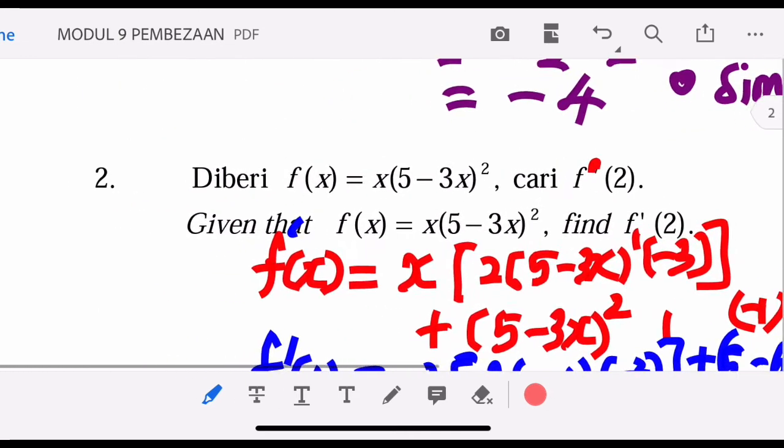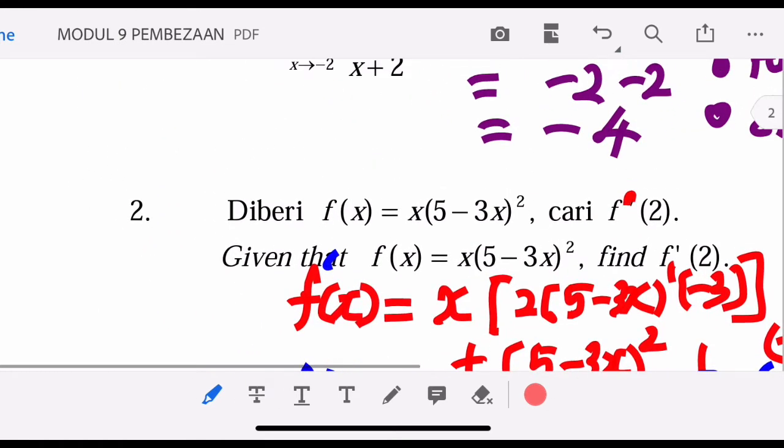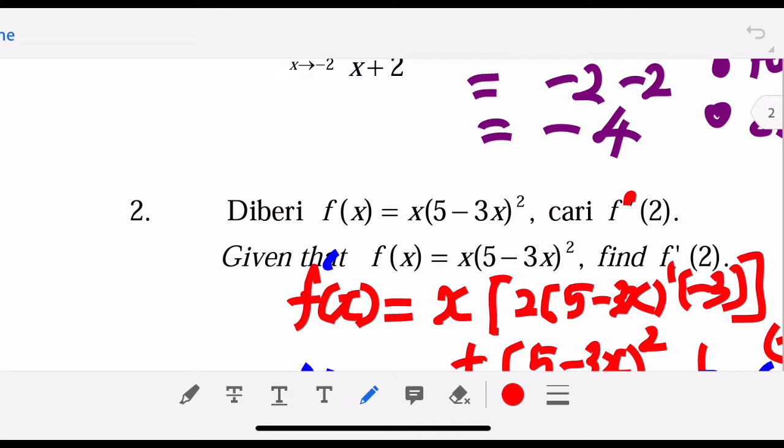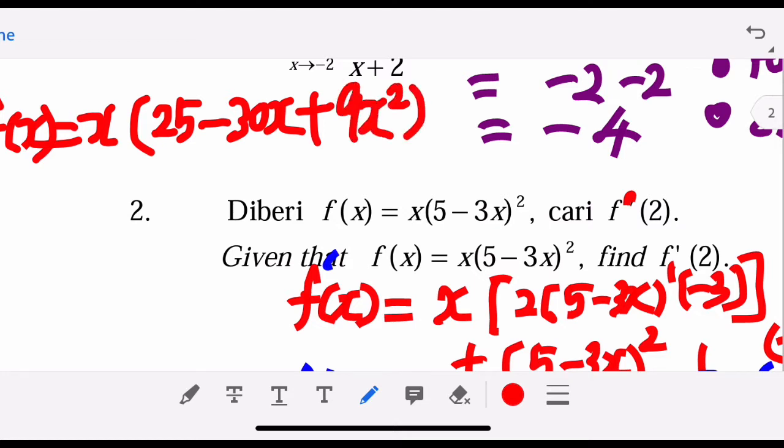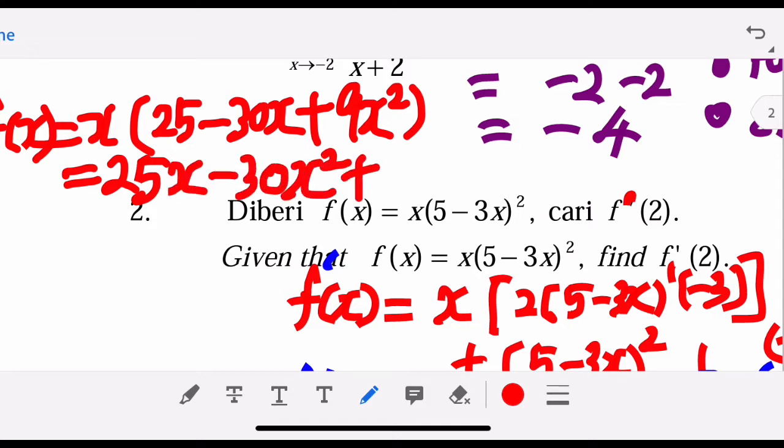Or maybe you can do like this. Some of you might want to do like this. You can do like this if you want. You have to expand first: 25, and then 2 times 5 will be 10, 30x plus 9x squared, right? This is still f(x). Then you expand like this, and finally you